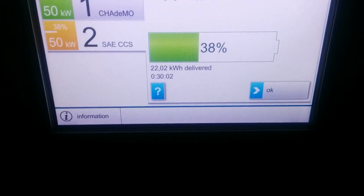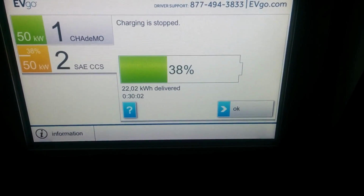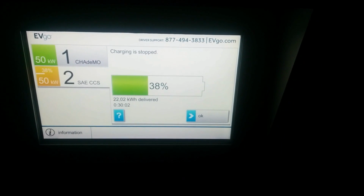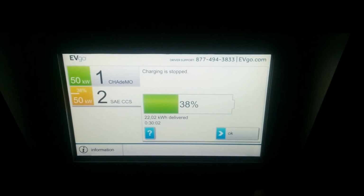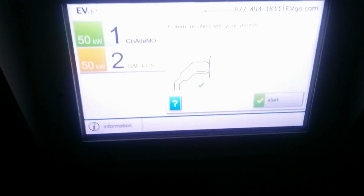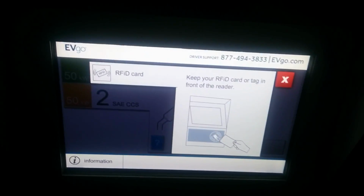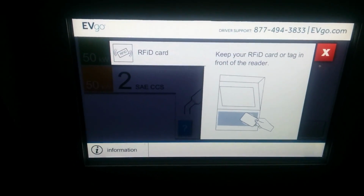So it looks like it went from 4% to 38% and 22 kilowatt hours delivered. So these 125 amp chargers seem to be fairly consistent in the amount of charge that they provide, especially below 55% state of charge. They tend to pretty consistently provide 22 kilowatt hours of energy in about 30 minutes. So let's see if I...